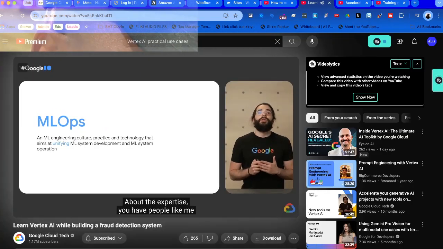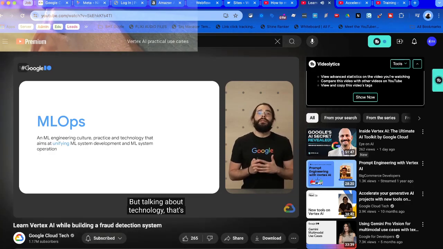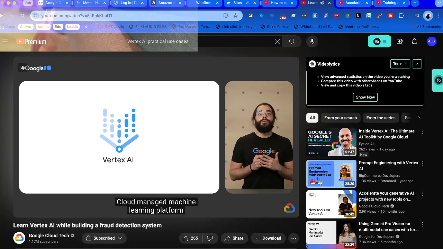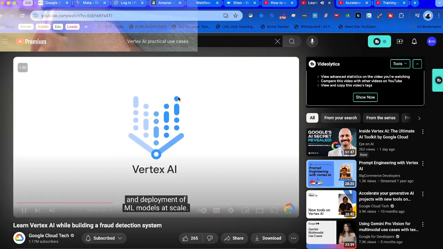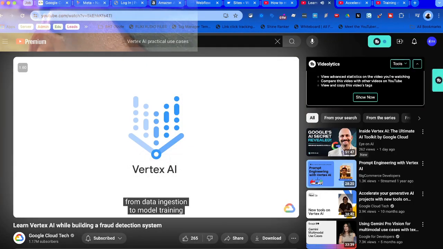About the expertise, you have people like me that are ready to support you in your ML journey day by day. But talking about technology, that's the reason why we launched Vertex AI, which is the Google Cloud managed machine learning platform to help you accelerate experimentation and deployment of ML models at scale. All you need to know is that the platform has several building blocks that allow you to cover the entire lifecycle from data ingestion to model training all the way down to model prediction and model monitoring